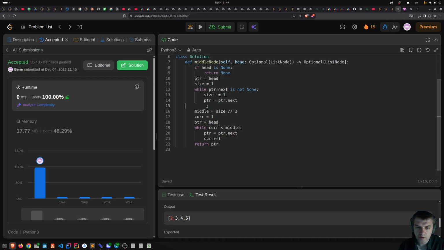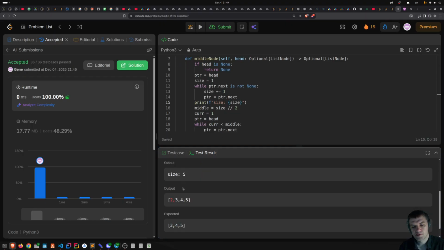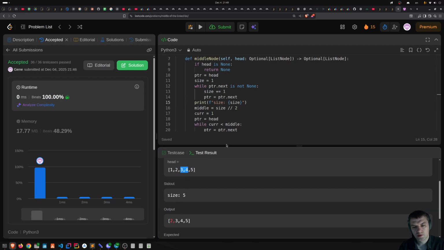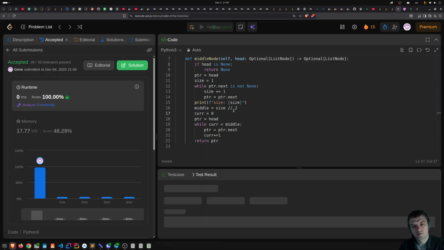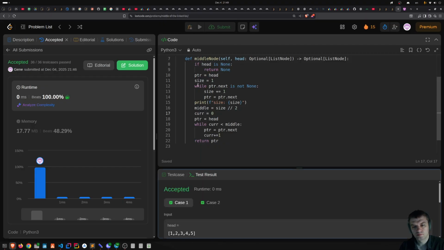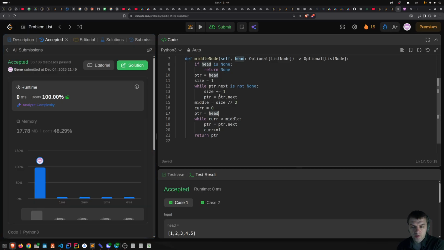So let's check what the size is here. Print size. 5, correct. So current is going to be 1. So let's say current 0. Yeah, it's a little bit of a minor mistake. I forgot that I start from 1. So if I want to do this, current equal 1, and then